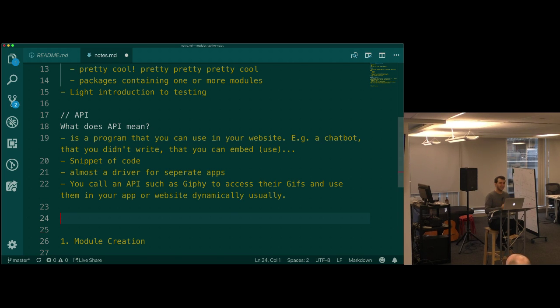Does anybody know what API stands for? Without Googling it. Integration, program, automatic apply. No, that's not it.